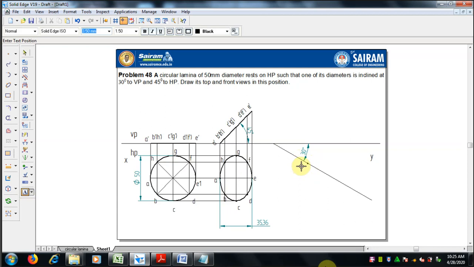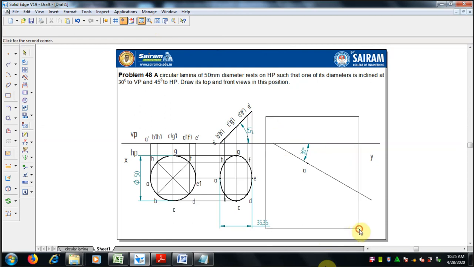Draw an arc from the point A. First let me keep a point A, and then go select an arc. We have to select arc by center point. From the point A, I am going to draw an arc for the 50 mm diameter.